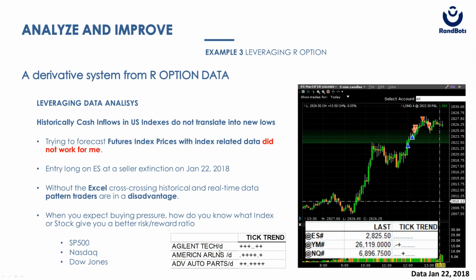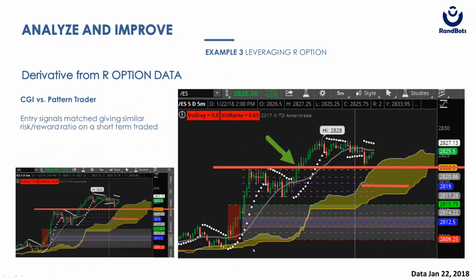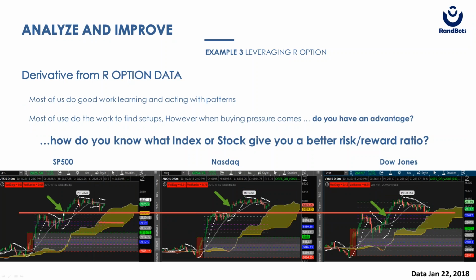And I'll go back here. So the underlines were showing this, right? And then the S&P 500 were showing plus, plus, dot, dot, plus, plus. American Airlines was dot, plus, plus, plus, plus, dot, plus, and so on. Because of this data, because of the tick data in the S&P 500 being stronger than the one on Nasdaq and the one on the YM, I had enough information to trade long here, the S&P 500 versus the Nasdaq and versus the Dow